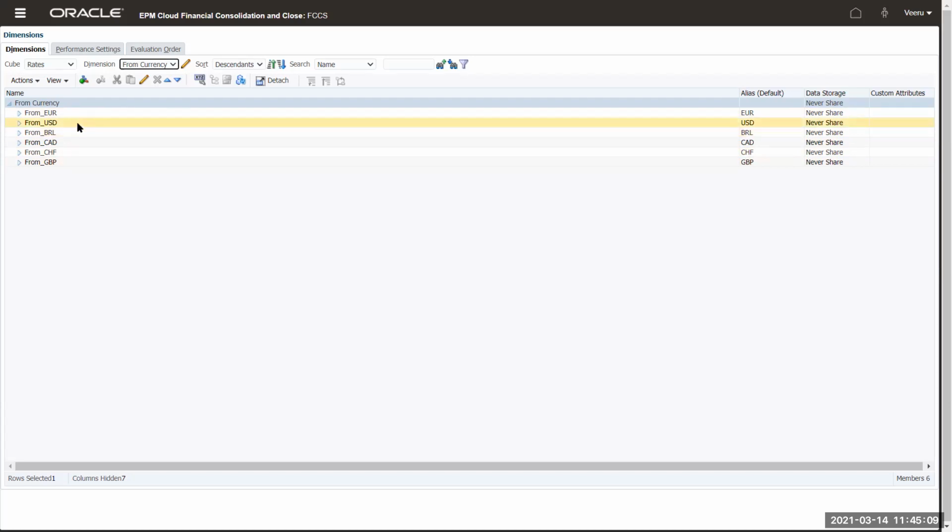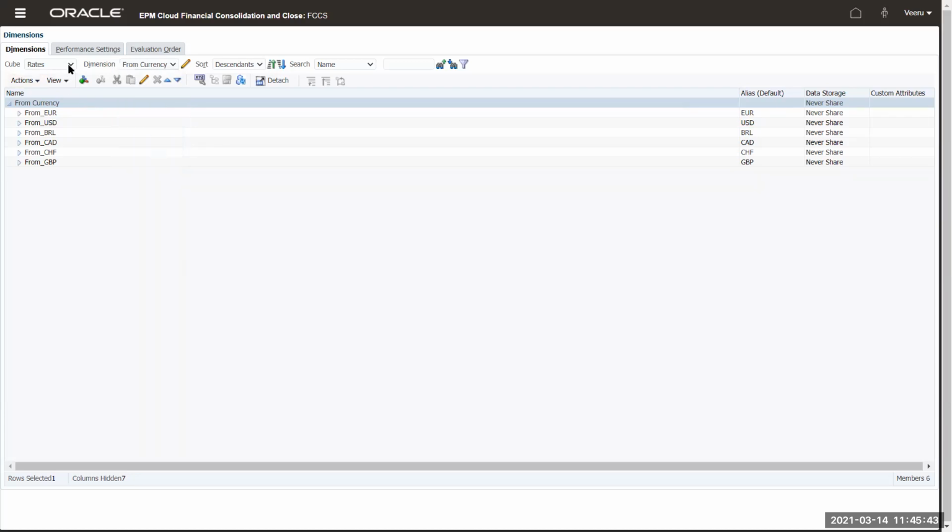And guys, remember, these currencies will be enabled only if it is a multi-currency application. That is what we discussed yesterday, right, in one of the system enabling features. If it's multi-currency, only then will all this come into play. Otherwise, you will not see any of this from currency option at all. And then you specify your exchange rates based on the period, scenario, years, based on what period it is, what year it is, what kind of scenario it is, and then the view.